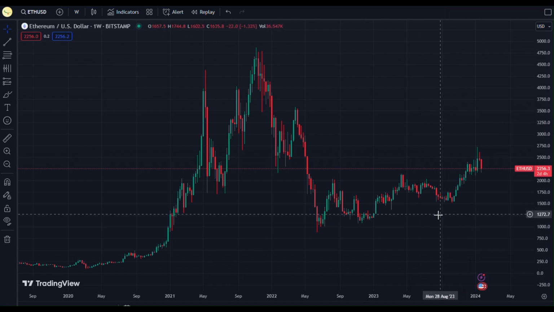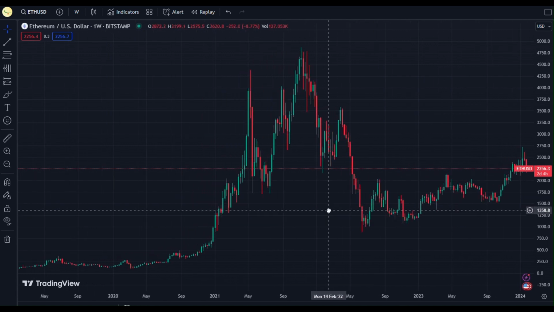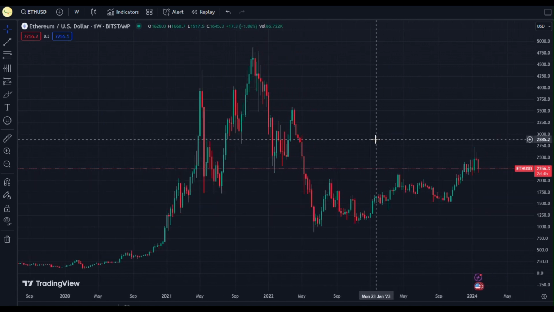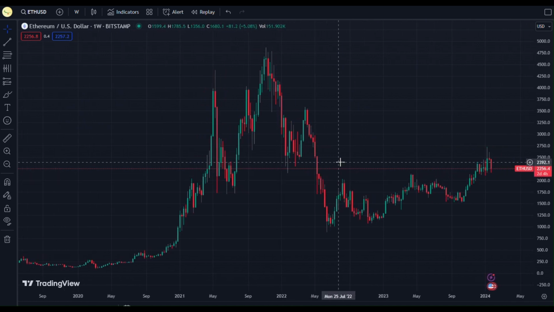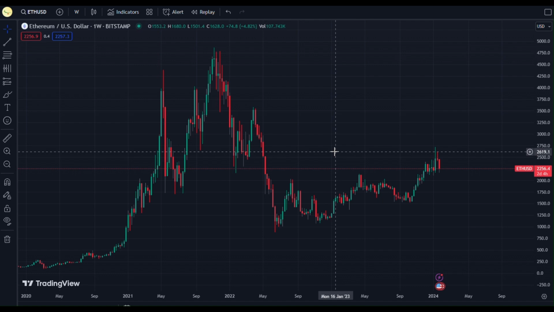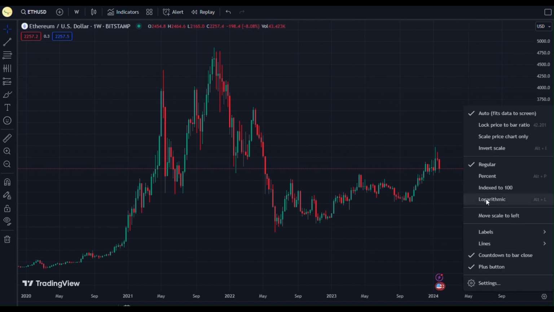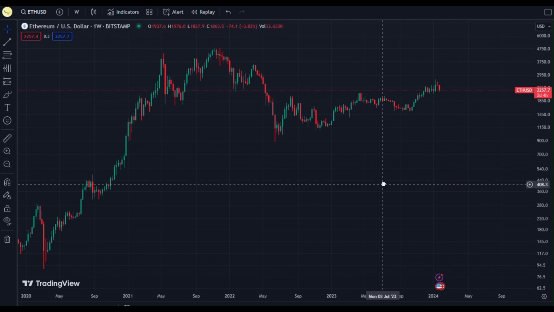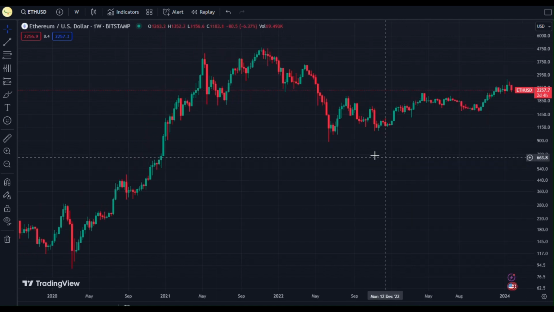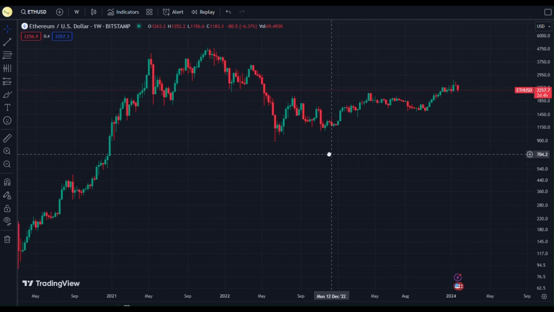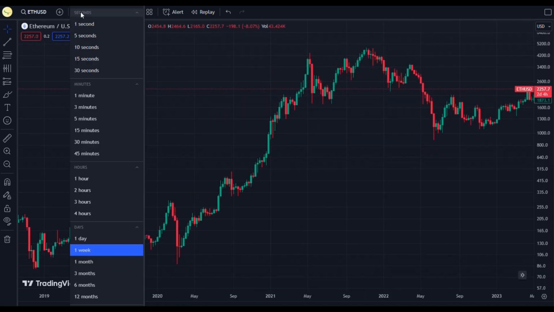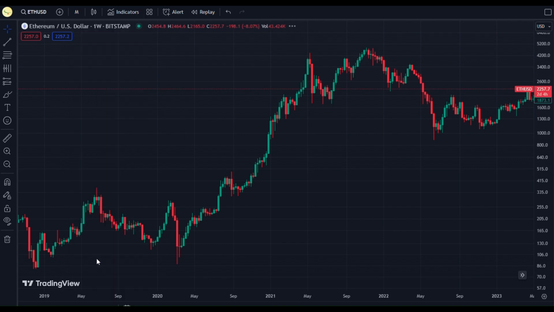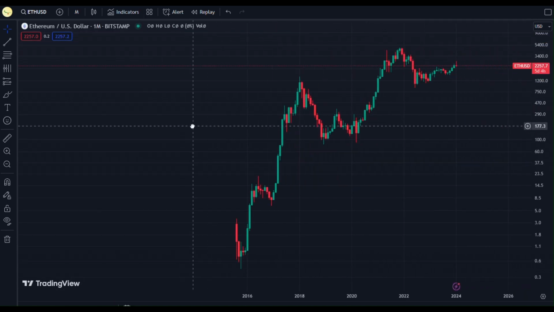Now let's first see if any pattern is visible in this price. In the regular price there are very few symmetrical patterns which you can see. So what we will do is change this scale to a logarithmic scale. Here we go to the logarithmic scale and then reset it, and we are unable to see any pattern right now. We'll increase the time period for each candle to 1 month, and now as you can see